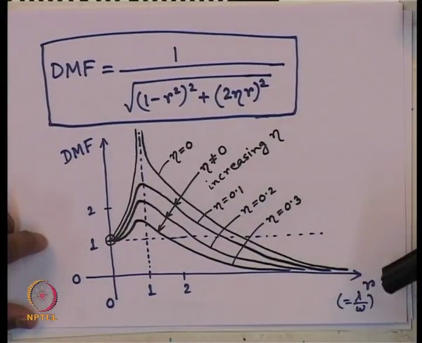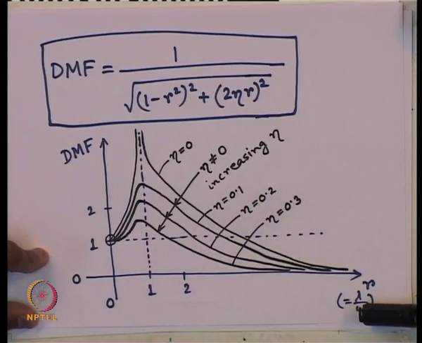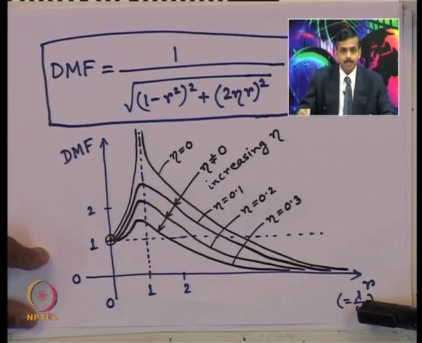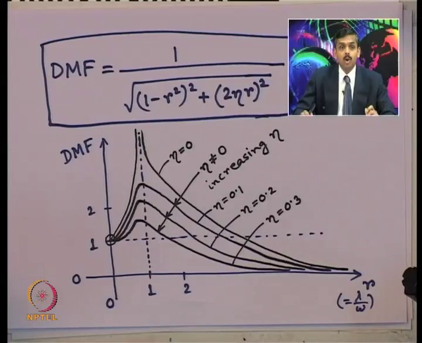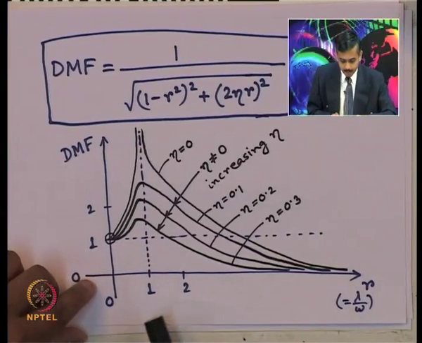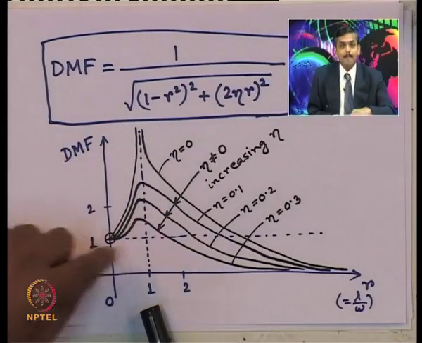Okay. So, when r equals 1, that means lambda equals omega, meaning the externally applied frequency equals the natural frequency of the system. As a layman, what we know is that when the applied external frequency matches the natural frequency of the system, resonance occurs. So, that is why when eta equals 0, we get DMF as maximum,